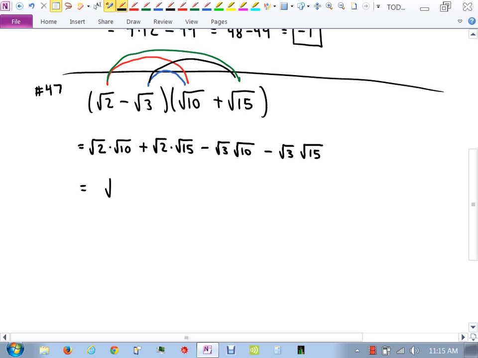Now, I like to just put all these together. Root 20 plus root 30 minus root 30 minus root 45. So how did I put those together? You multiplied what's underneath. Now, the reason you can put those two together and create this is because there's multiplication